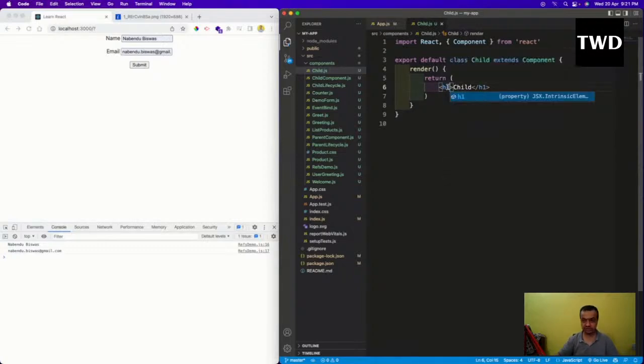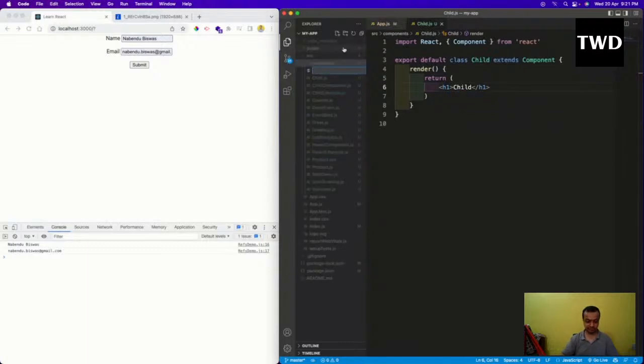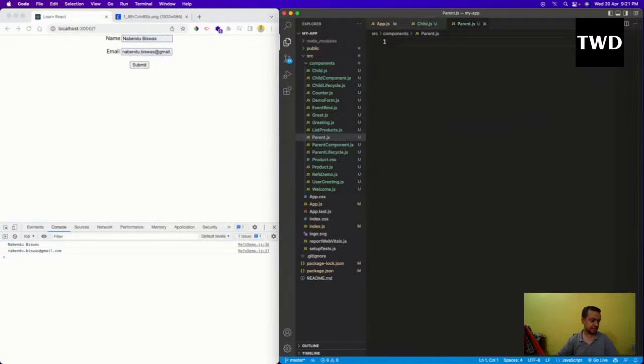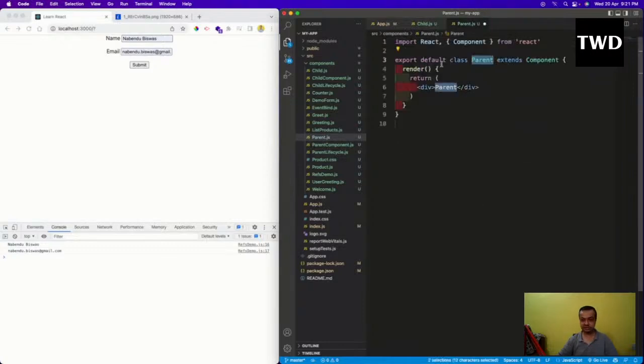Then we'll have a parent.js, and it will be rcc parent,